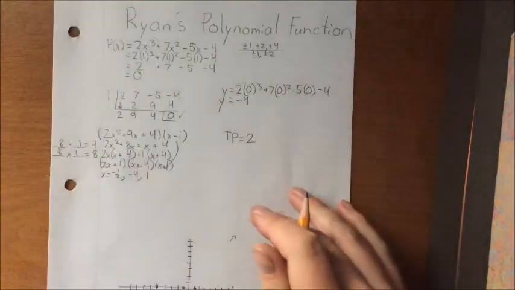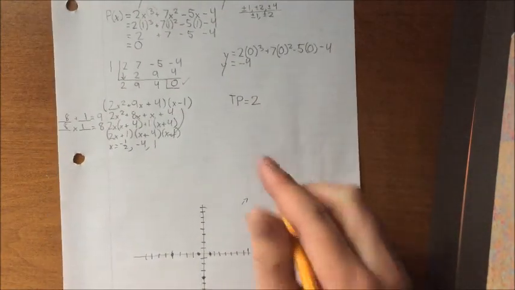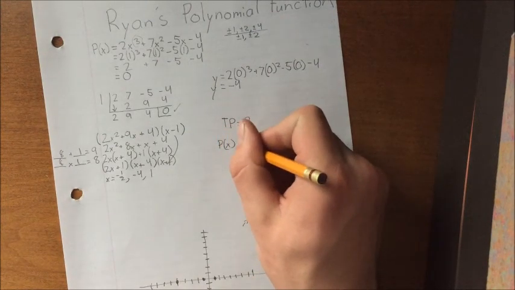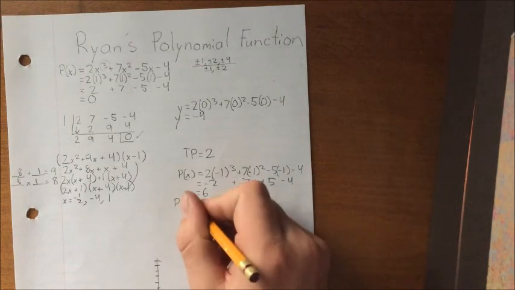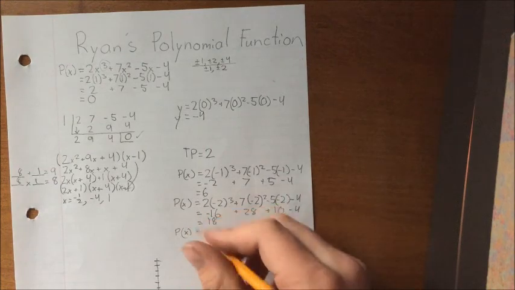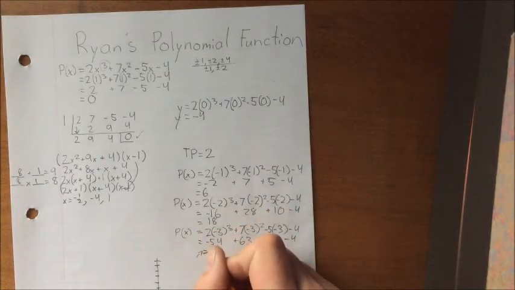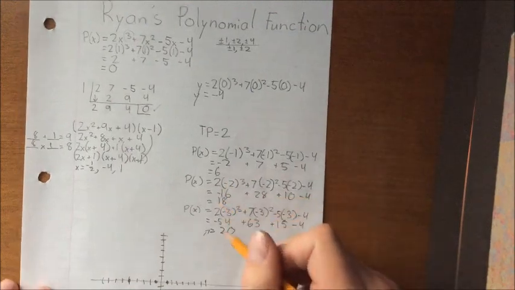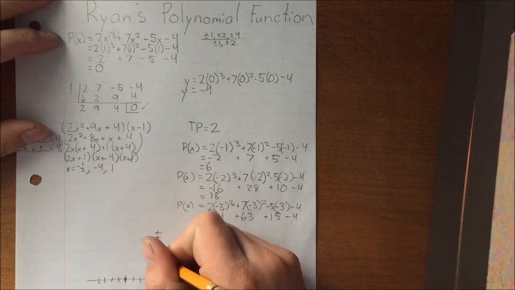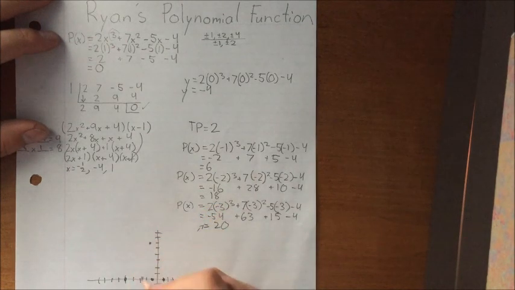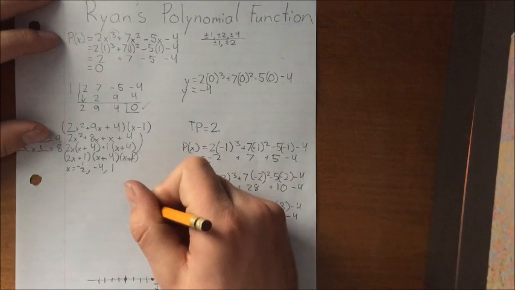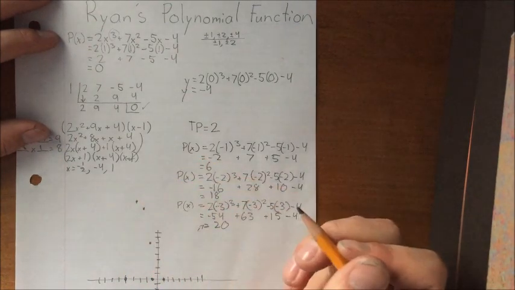I also know the maximum number of turning points is equal to 2, which is simply the degree minus 1. So that makes it easy. So now I know the amount of turning points. So now I start plugging in my values because on my graph I am missing -1, -2, and -3. So I plug in all my values to figure out where my corresponding y's are in that equation. You'll note I wrote p of x and I should have written p of -1, p of -2, just a simple mistake. But as we now plot the corresponding y coordinates on the graph,